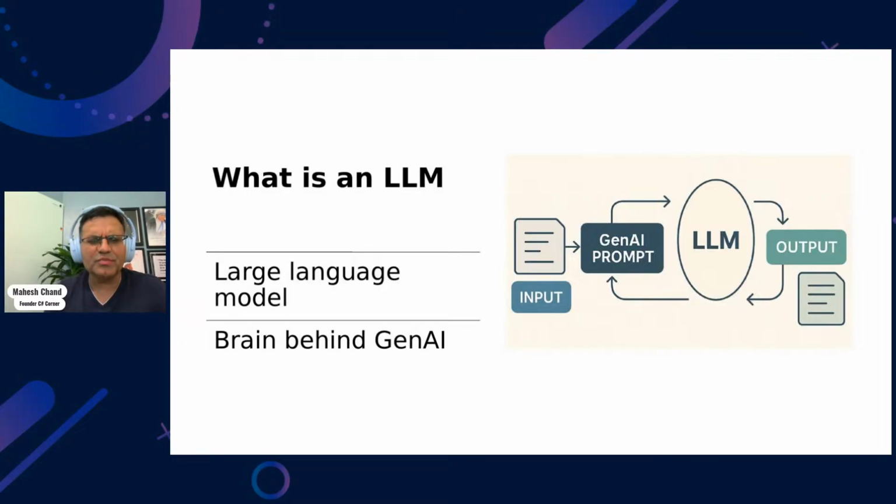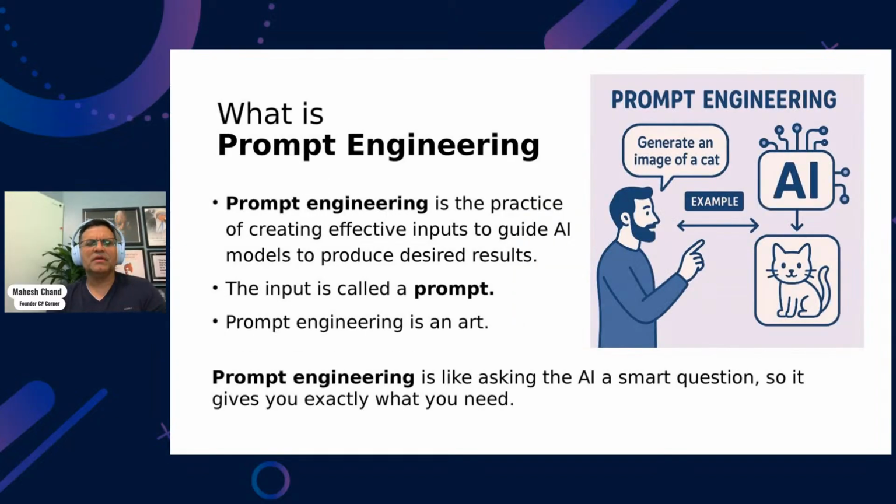So LLM is the thing here. It's called large language model. And this is the brain behind all Gen AI tools such as ChatGPT. There's going to be a following show just on LLMs, and that's going to be a big one because this is a little complex topic, understanding LLMs. I'm sure some of you have already read and learned about this. So let's come to the topic today. Today's topic is prompt engineering.